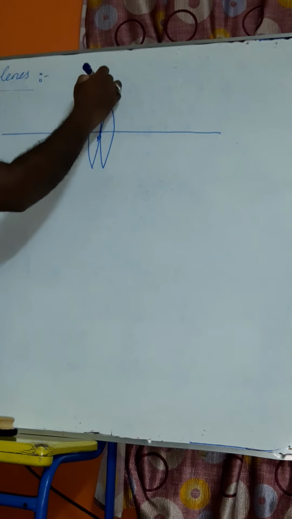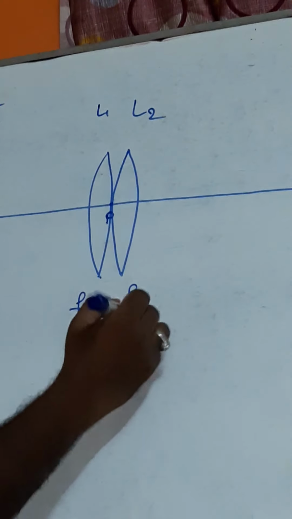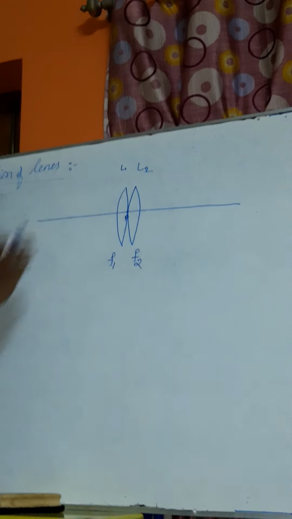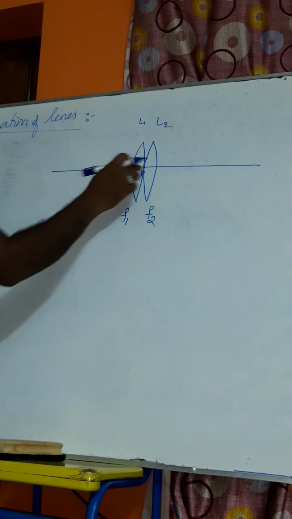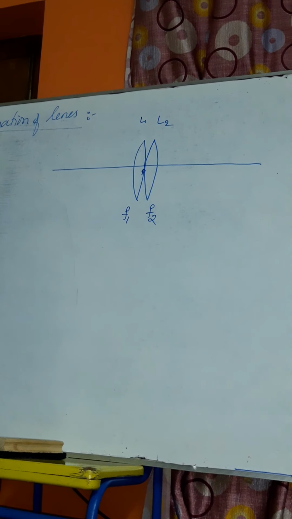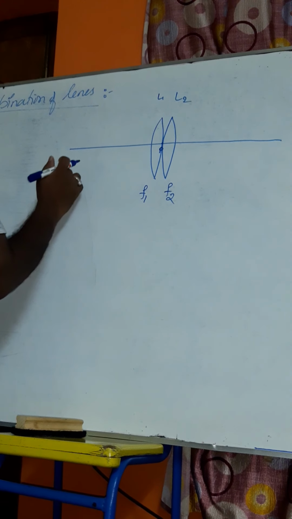Say this is lens L1 and this is lens L2. This is the first lens and this is the second lens. Lens L1 has focal length f1, lens L2 has focal length f2. Now if these two lenses are in contact coaxially, meaning a single principal axis, how can these two lenses behave, and how can the resultant focal length be obtained? In this derivation we consider the resultant of these two focal lengths.